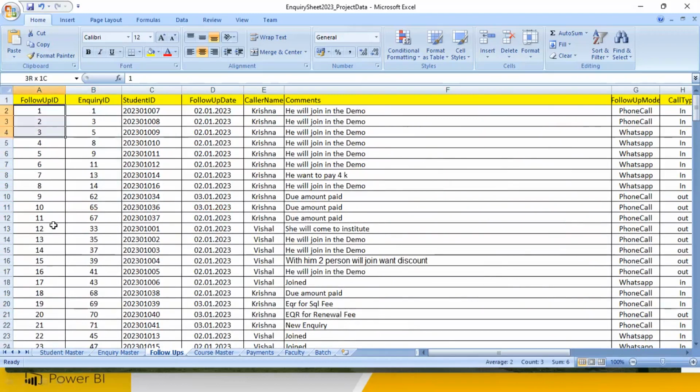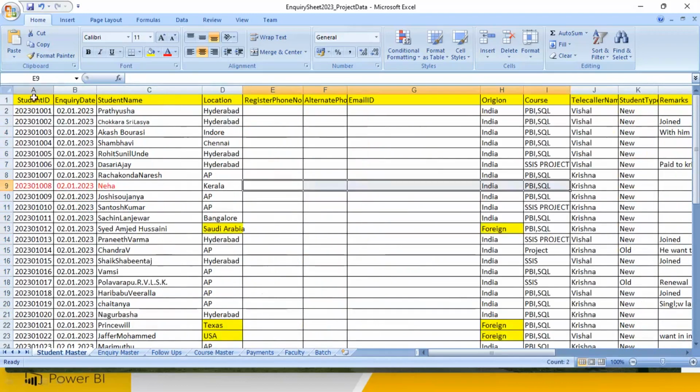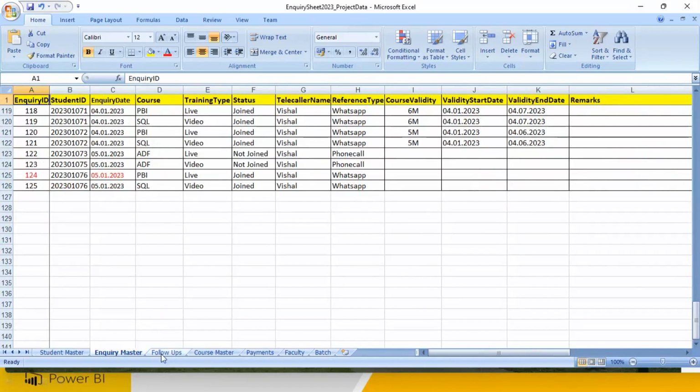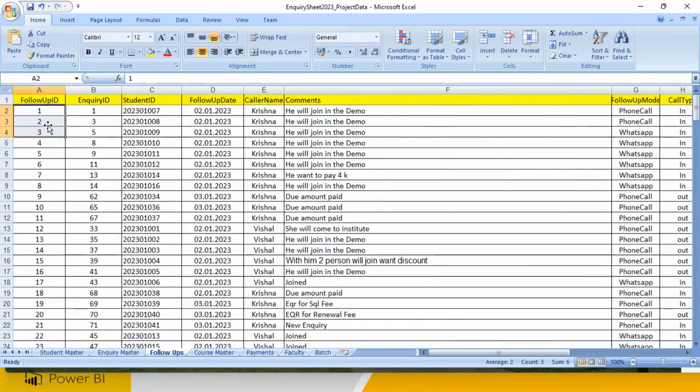The primary key is that you don't have duplicates here. You may have duplicates in other columns, but in the primary key duplicates will not come. No duplicates is the primary key. Again, this is the primary key and this is the primary key. So when the interviewer asks, now tell me about your project, what kind of data you get,